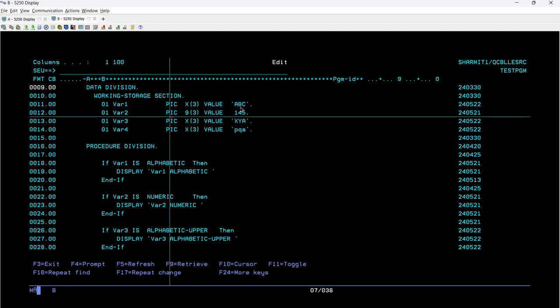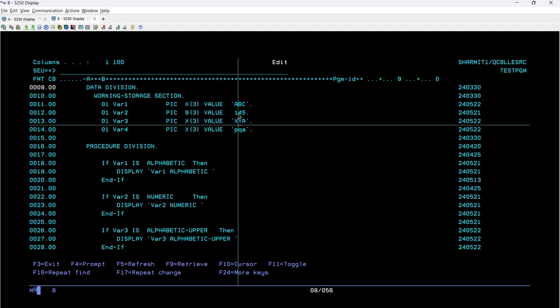In the same manner, we have declared another variable. The only difference is the variable name, because if you keep the same variable name, it will give you an error. The data type is also changed. This time we are using a numeric value, which can hold up to 3 digits, and the initialized value is now 145, because this is a numeric variable. Then later on we are declaring another variable, which is var3. The picture clause is X3, which is again